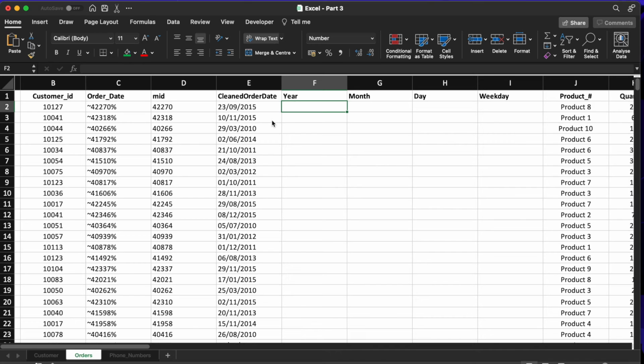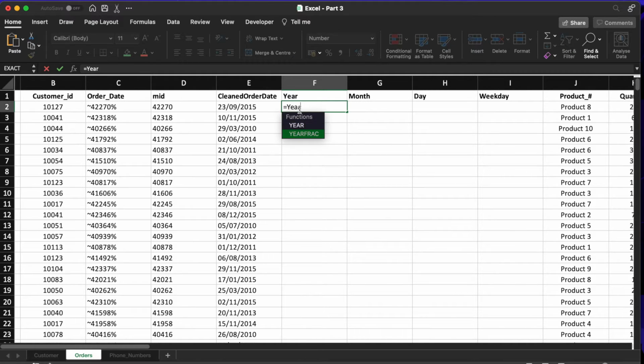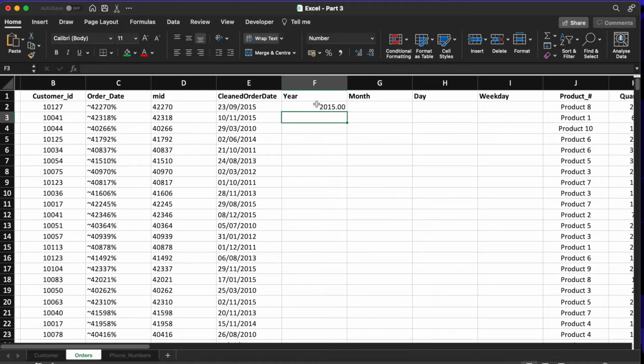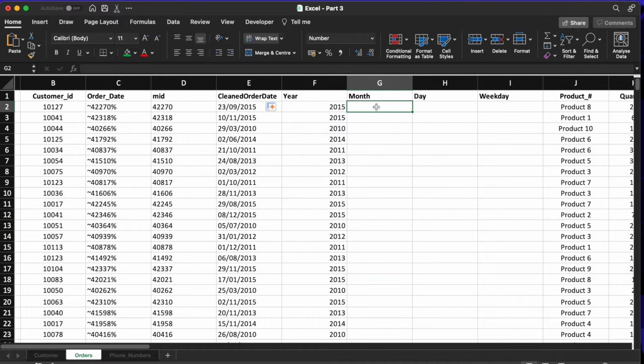Alright, in this lesson we're going to talk about how to extract year, month, day and weekday from this date right here. So to extract the year, I'm just going to say equal to year, and then I'll pass this in, and that's it. Okay, just going to reduce that to a number, just going to fill that, and then this